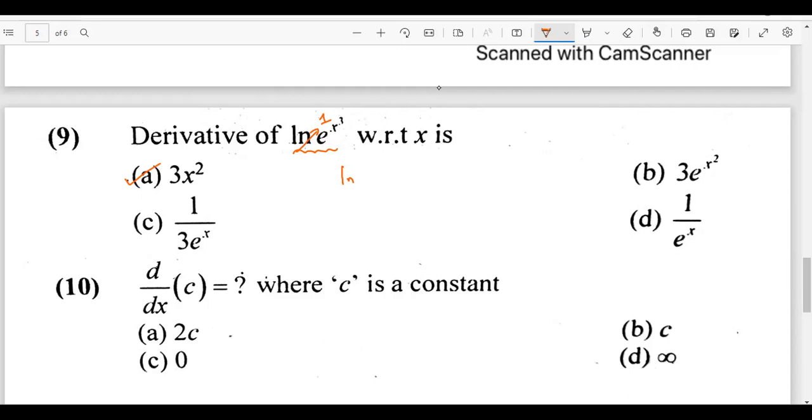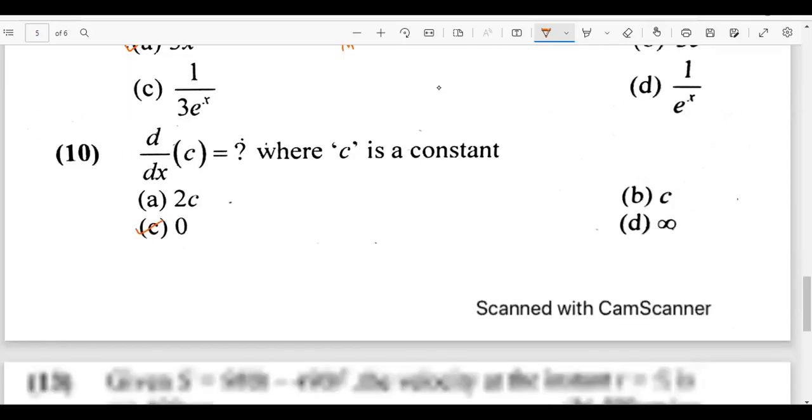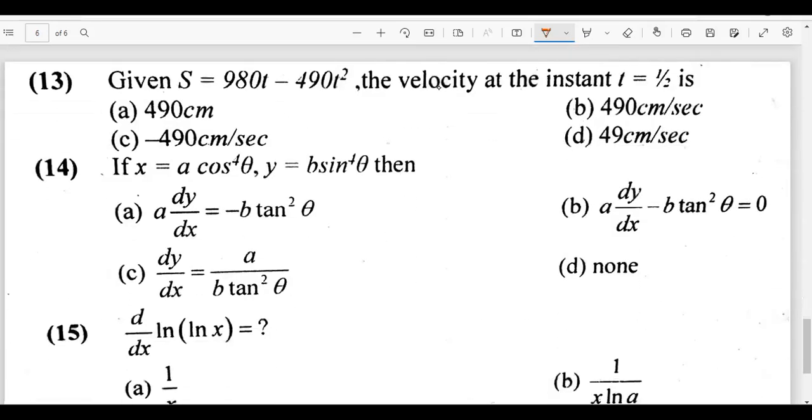You need to differentiate a constant. The answer would be 0. Very good. Okay. Let's talk about the 13th one. It says given s is 980t minus 490t squared, the velocity at the instant t equals